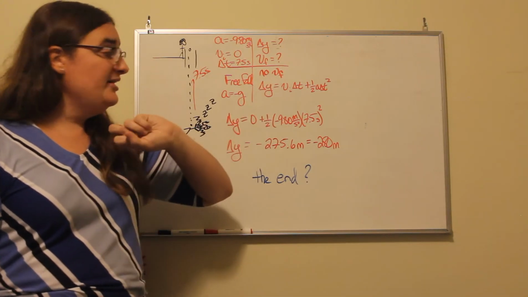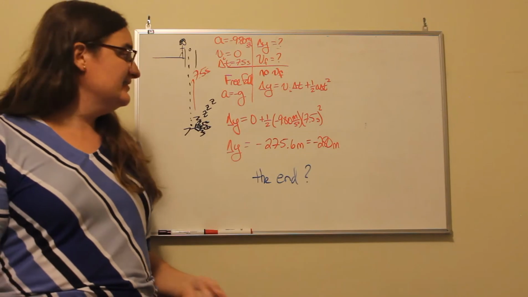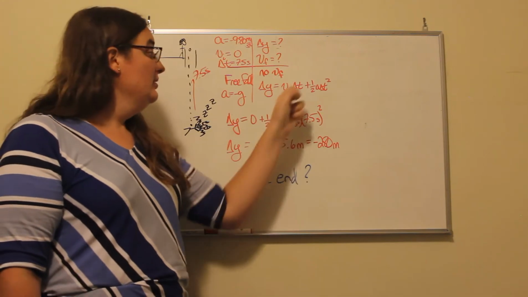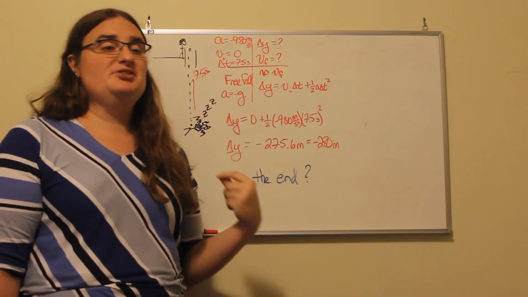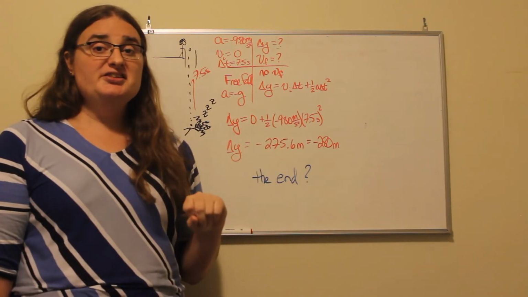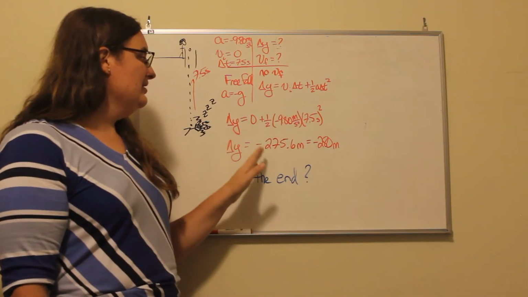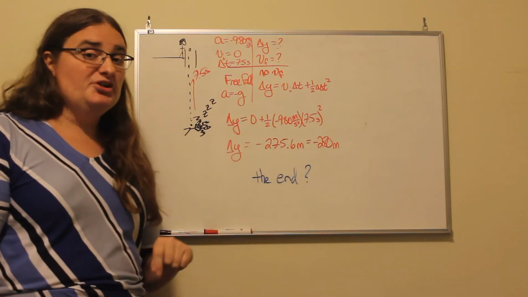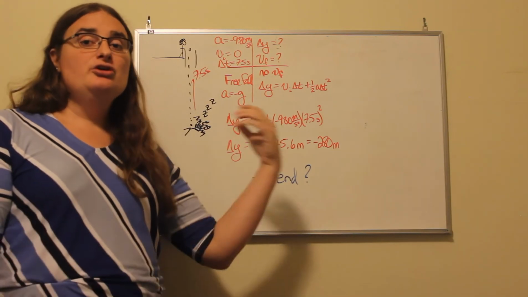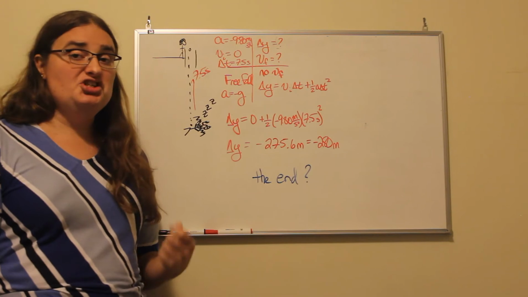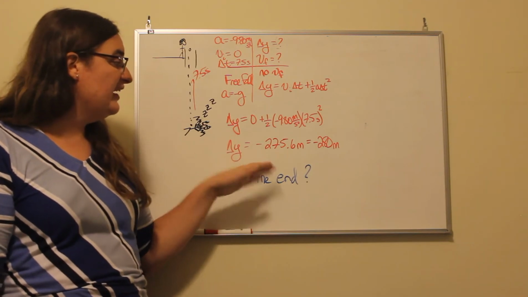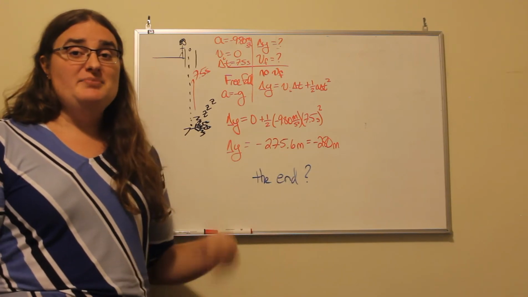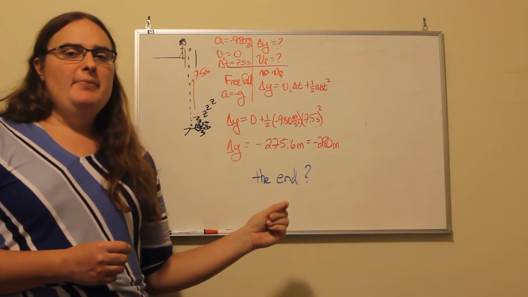So, using the equation of motion without our final velocity, our change in y is going to be equal to our initial speed times time plus 1/2 times our acceleration times time squared. Well, our initial speed is 0, so from our simple model here, 1/2 times negative 9.8 meters per second squared times our time of 7.5 seconds squared is going to give us a change in y of negative 275.6 meters. So the well would be negative 280 meters. The end. Maybe.